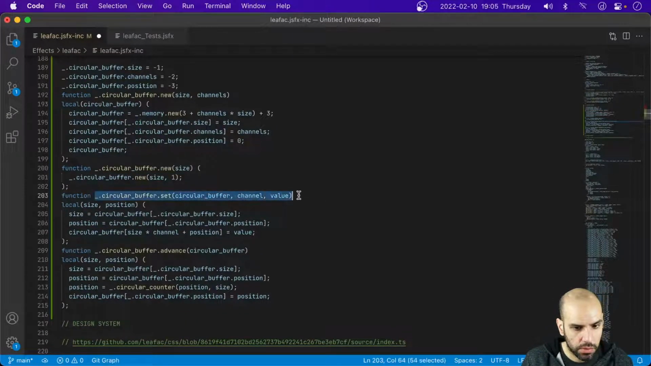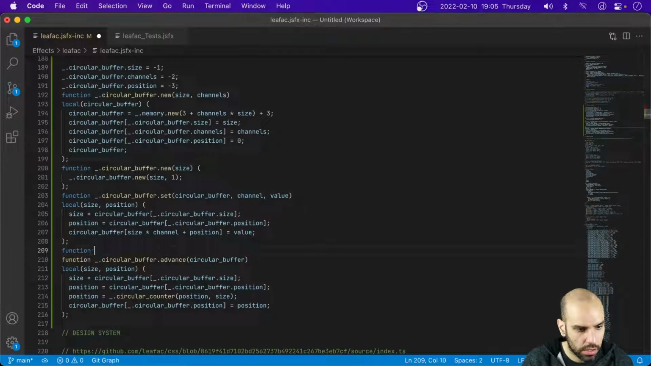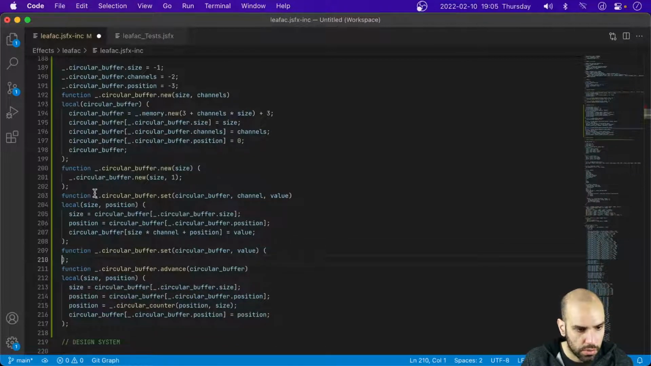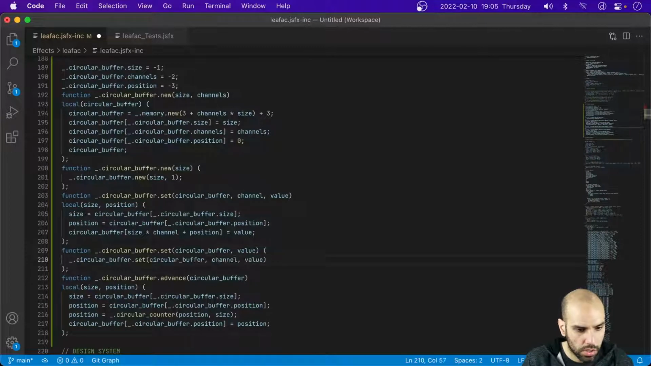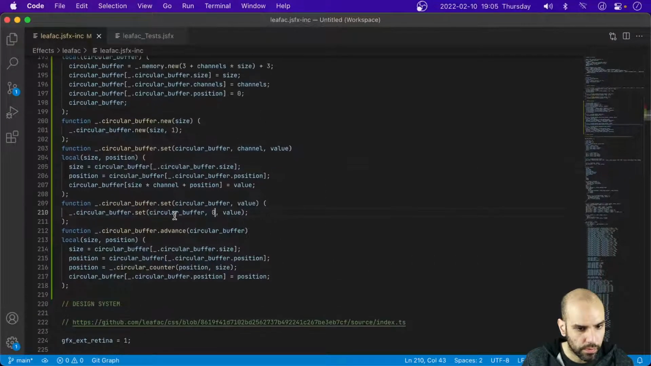Similarly, I can do that here. If you don't want to use a channel, that's fine. I'll use this version with channel 0. Buffer advance is the same. Then